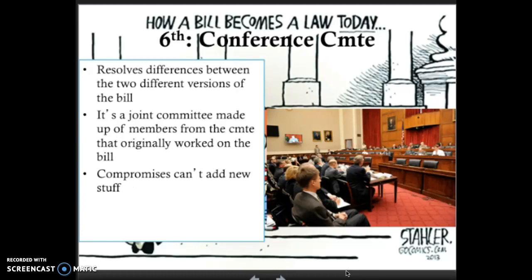They can't add any new stuff, but they're going to come up with one cohesive version that both House and Senate members can approve of. And then it's going to head back to each chamber for a revote. All right, so it goes,